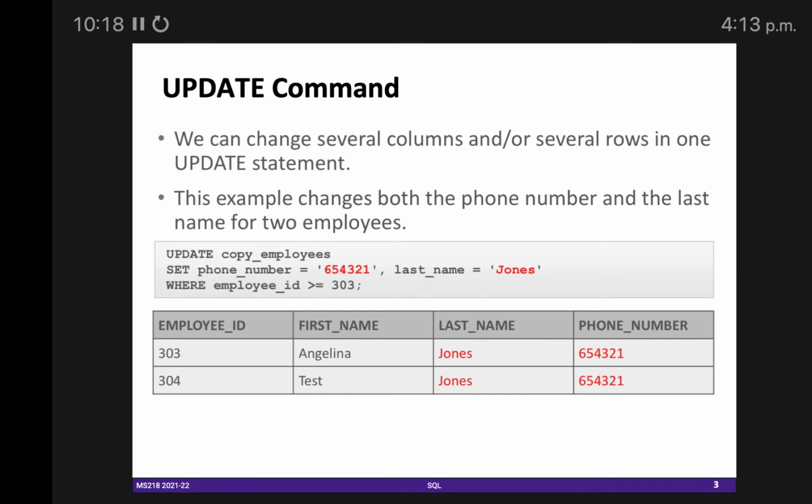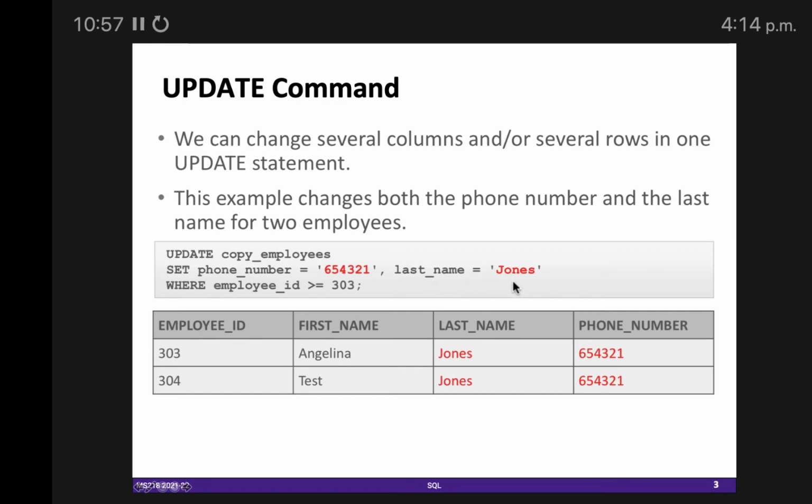So we also saw this update command. This is very important because whenever you are doing some transactions, for example using your debit card or credit card, it means that your account should be updated accordingly. So it means that your data should be updated, right? So we have this SQL command: UPDATE is a keyword, then we tell the table name, and we are setting, SET is again a keyword of SQL, phone number equals 654321, comma, last name equals Johns.